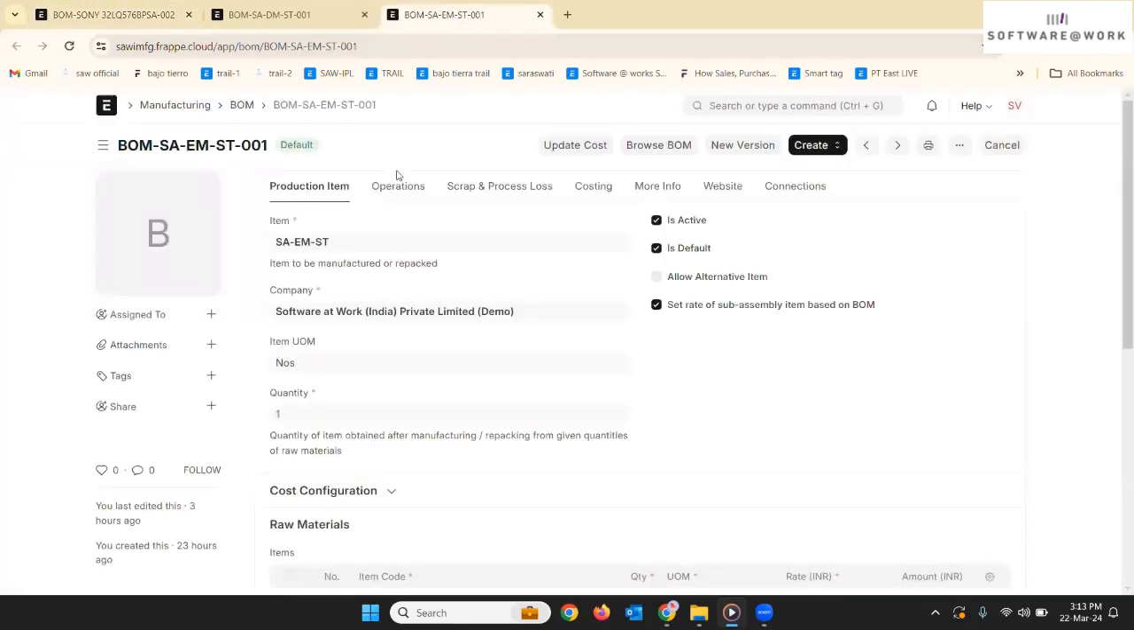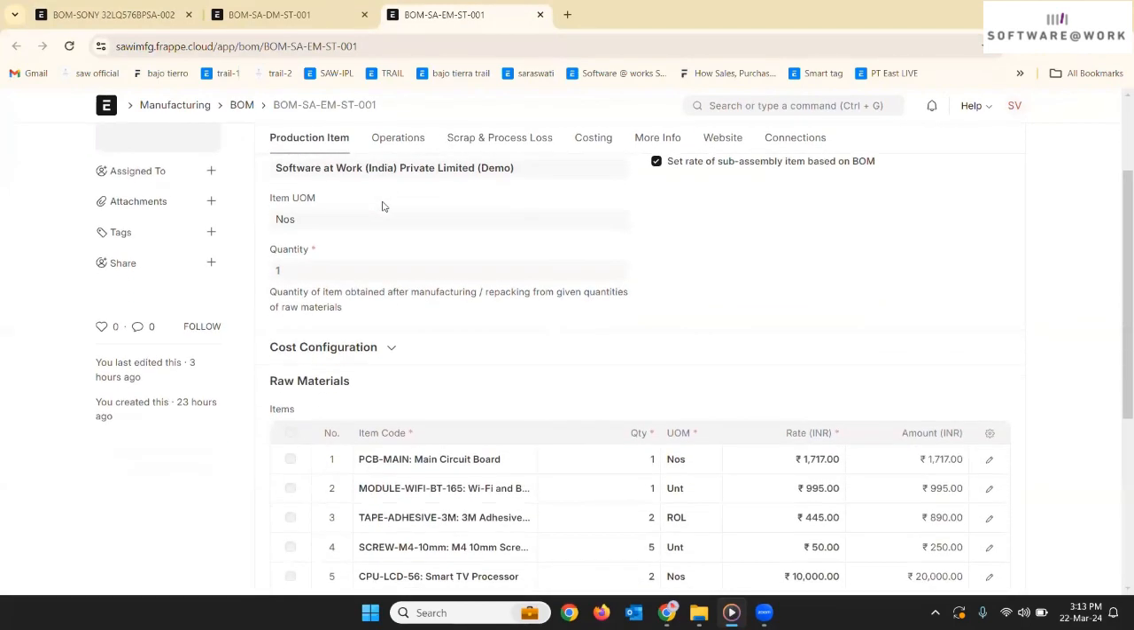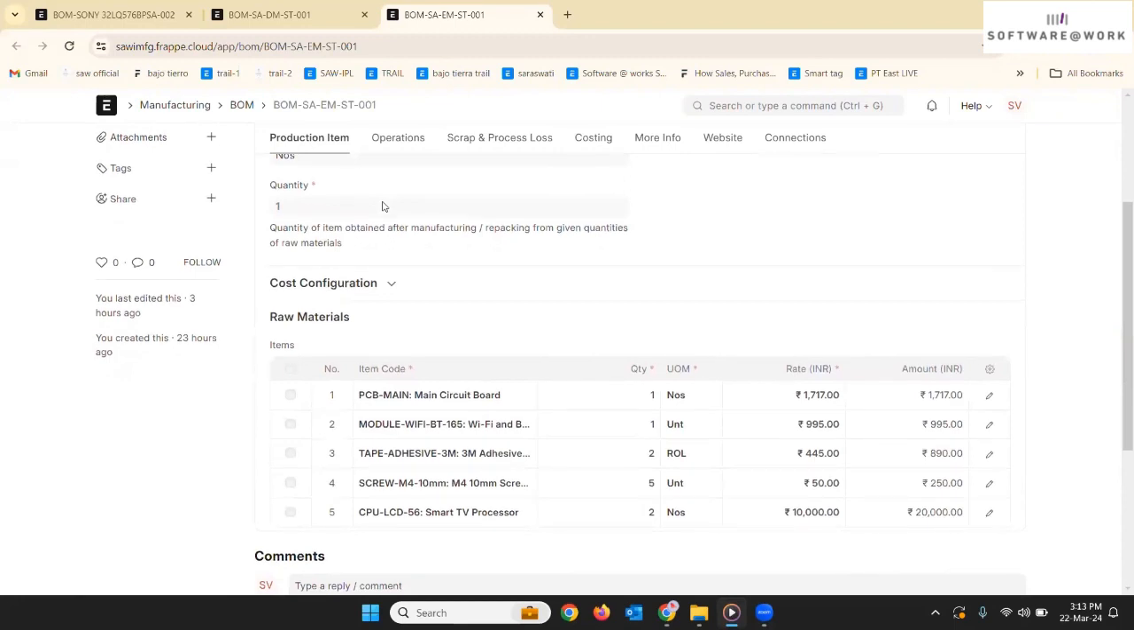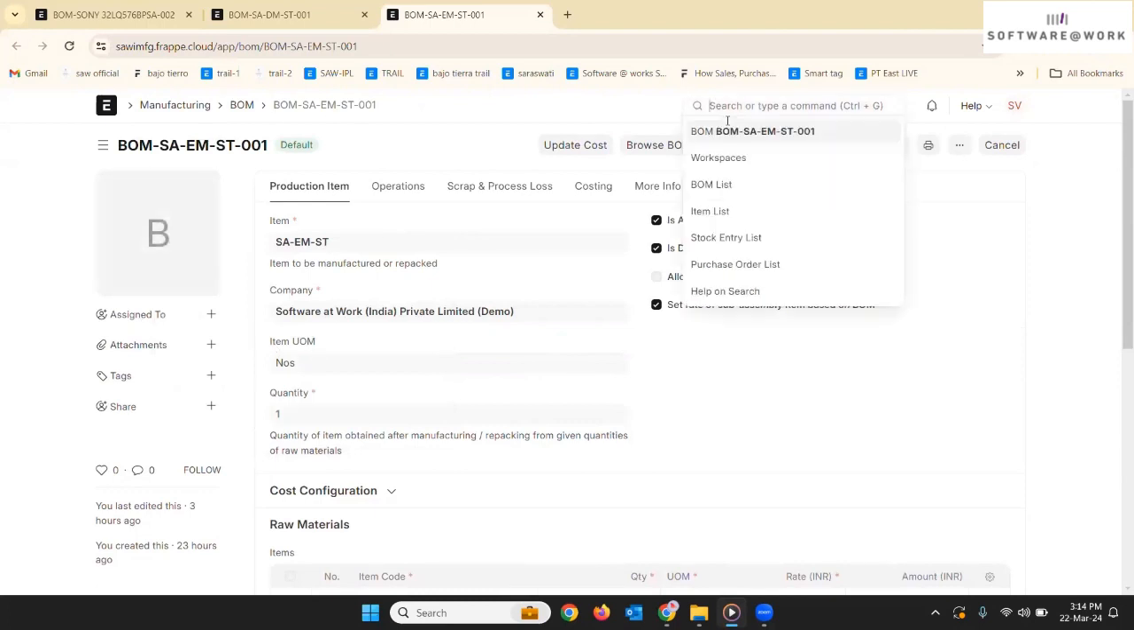Okay, so out of these two BOMs, one BOM is something which I'm going to manufacture in-house, and the other BOM is basically one which I'm going to hire some vendor for. I'll be subcontracting this particular process. So you can see the raw material and quantity required for this BOM. Once you configure all of your BOMs and your sub-assemblies, once that is done, simply you can jump